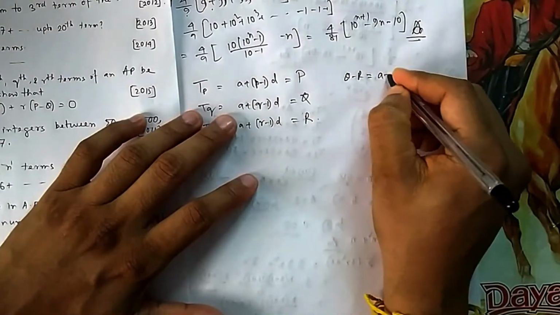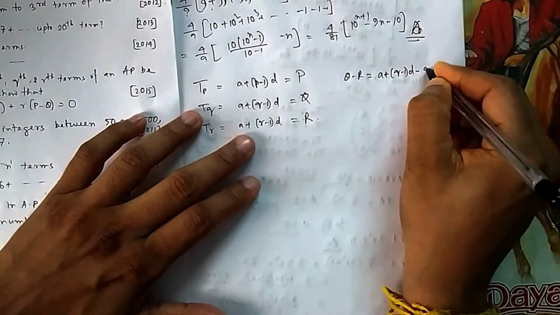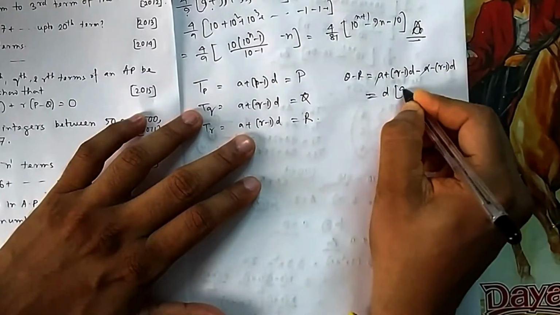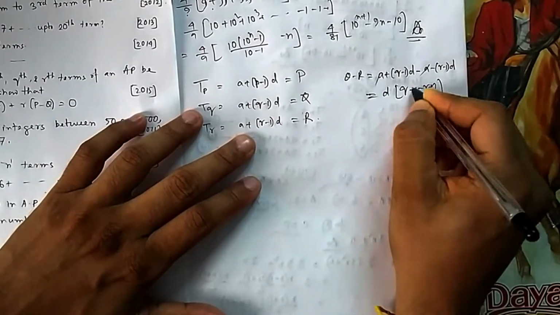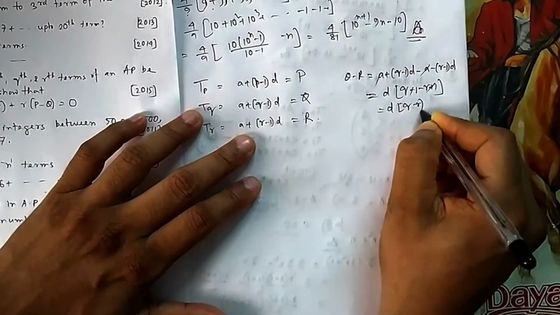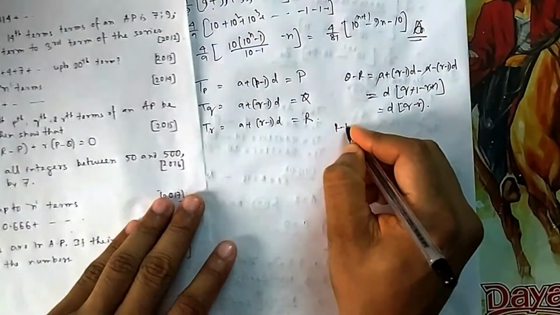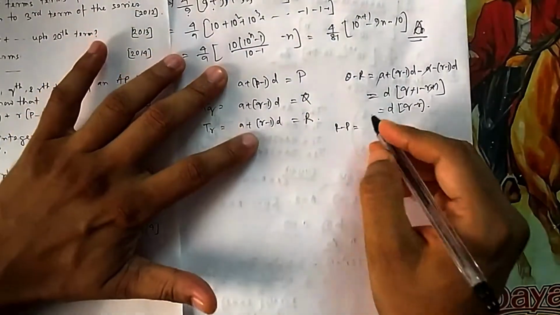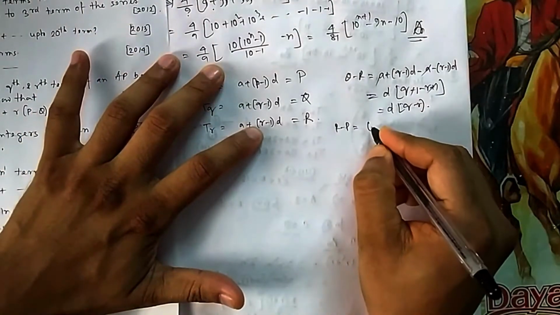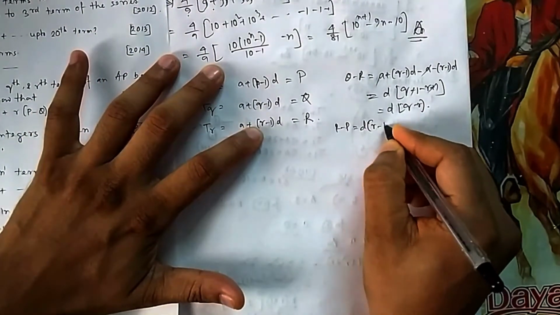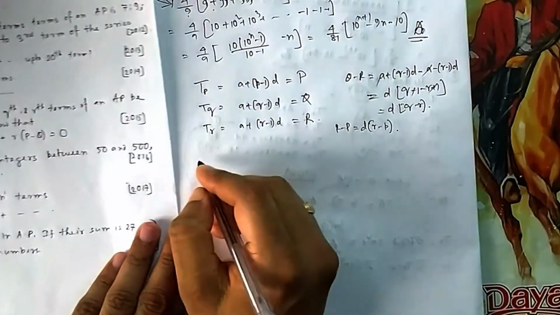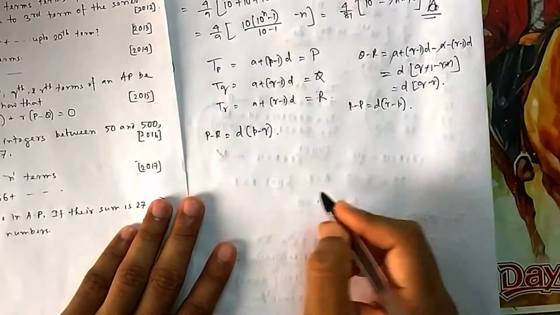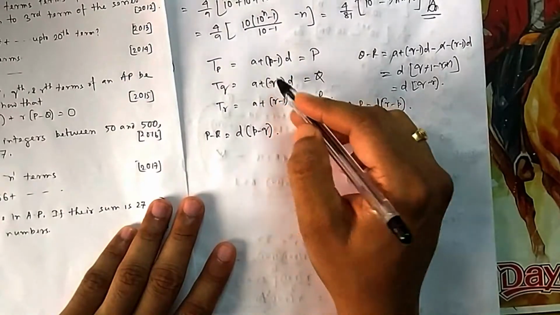So one I will show you, the rest you can do on your own. Minus A minus r minus 1 into D. So A would get cancelled. You can take D common, then it will be q minus 1 minus r plus 1. 1 would get cancelled, then D into q minus r. In a similar fashion, you can find r minus p also, because you need r minus p. If you deduct, A will get cancelled, D if you take common, it will be D into r minus p. Similarly, if you calculate p minus q, you will again get D into p minus q. A will get cancelled, so p minus q will be left.